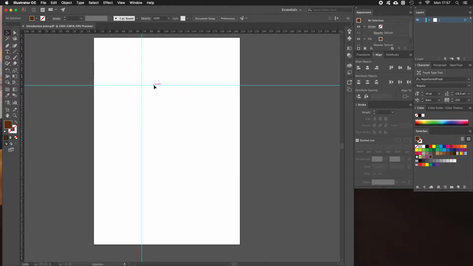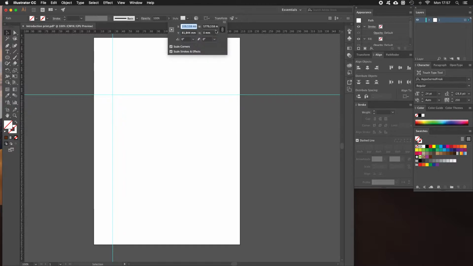Now I can't move these rulers or these guides unless I right click on the ruler and say unlock guides, and now I can move my ruler again to where I want it to. Now for my instance, I would like to have my ruler in a specific place, so I can click on my ruler and I can say transform, and now I can say the X and Y where I want that specific ruler. So you can see that I'm going to put in 10,